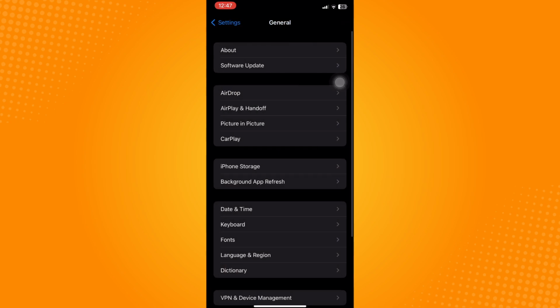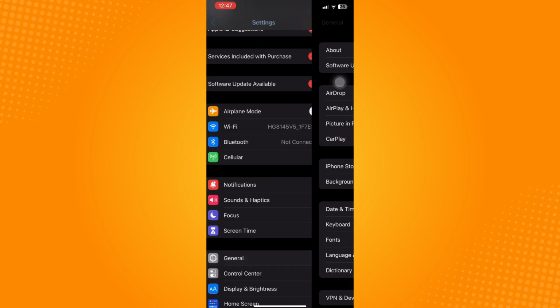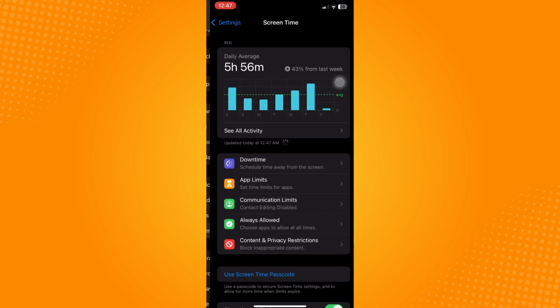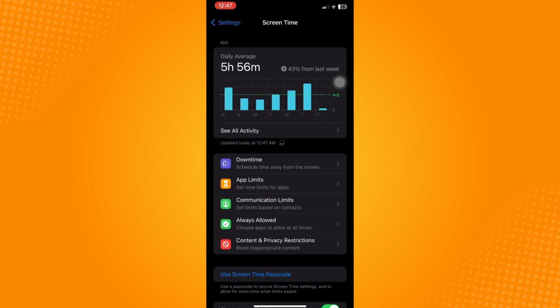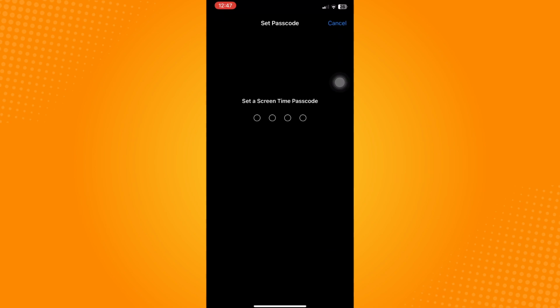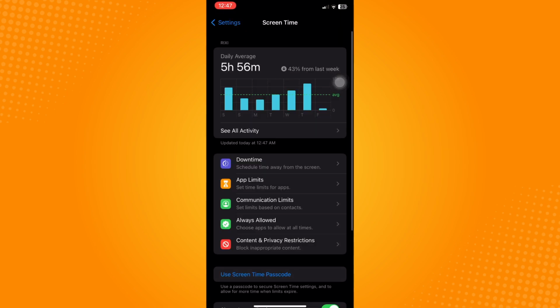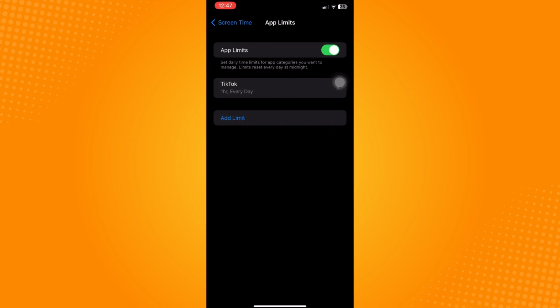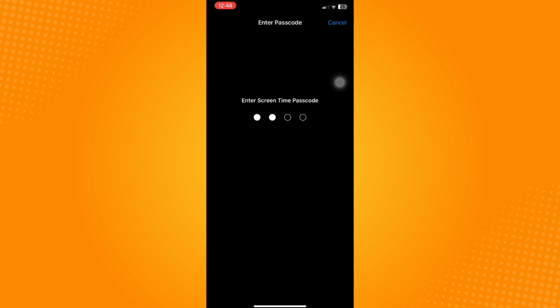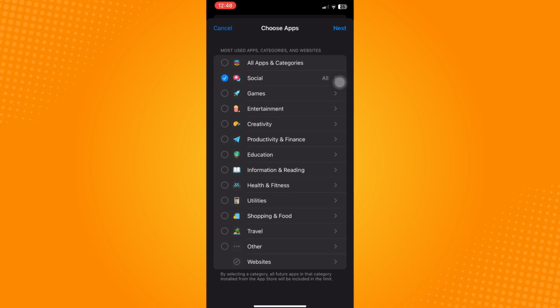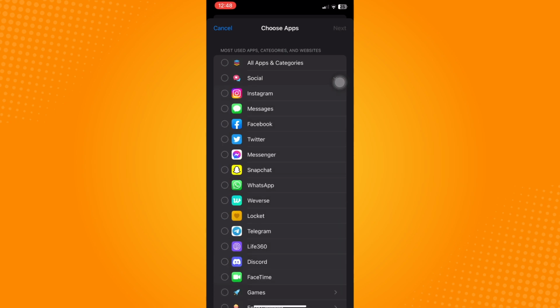So once you're in the settings application, select screen time, and in here select use screen time passcode. Now set your password, re-enter it. Once that's done, you will be asked to enter your Apple ID account, so just do that and tap on done. After that, proceed to app limits, choose add limit, tap on the specific application that you want to lock,